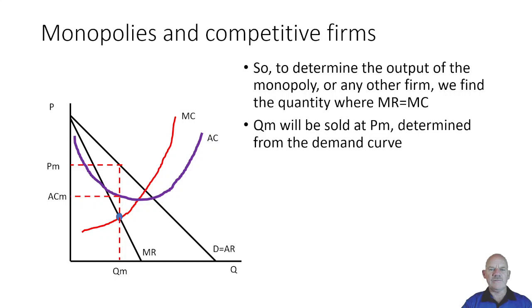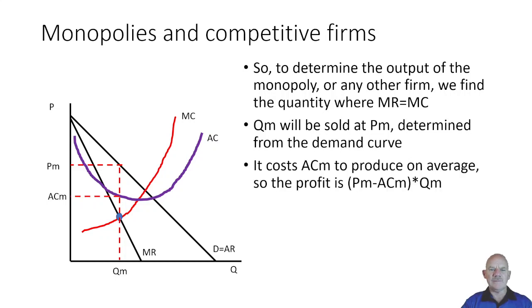And then how do you find ACM? You go vertically up from QM to the purple AC curve, average cost curve, and then you have ACM. The difference between the two is PM minus ACM, and you multiply that by QM to determine the profits of